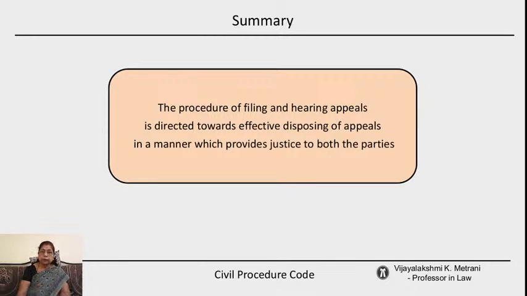Not looking into that, the court will first see, when you go in appeals, whether there is substance in that appeal, how the judgment given by the lower court is decided, and whether there is an actual reason where there is an error of law, or an error or mistake of fact, or a ground for which the decree can be reversed or modified. Then the court will look into the appeal and take it up.